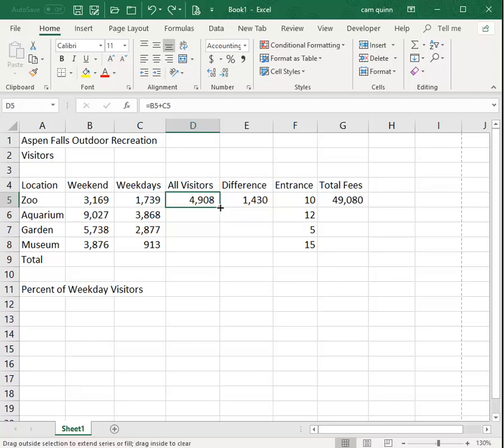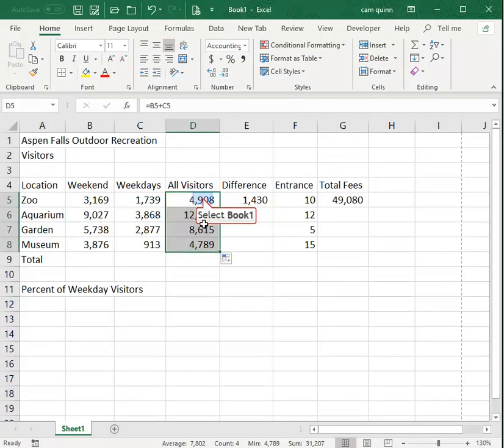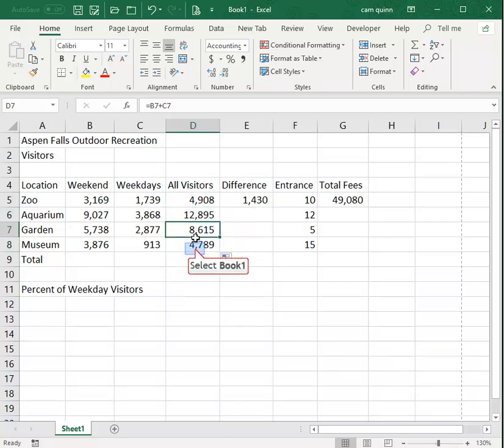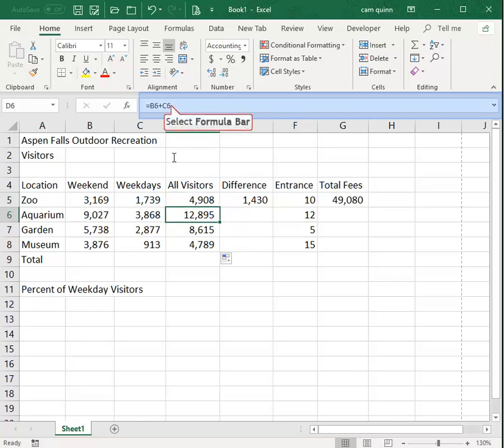So if I click and hold my mouse button down, you can see at the bottom of the screen where it says drag outside selection to extend series or fill. When I drag down, it's the same as if I did a copy in this cell and pasted it to this cell, and then pasted it to this cell, and then pasted it to this cell. So if you look at your formulas here, my B5 plus C5 has become B6 plus C6,